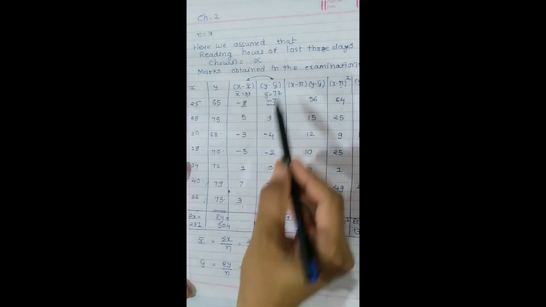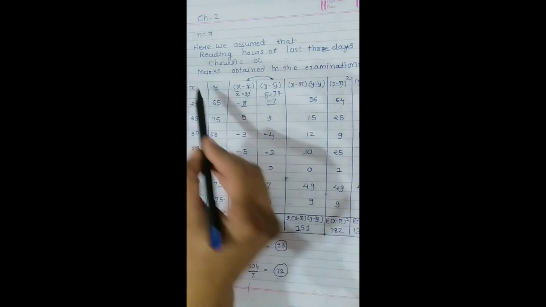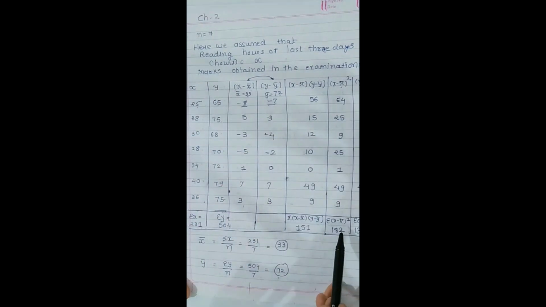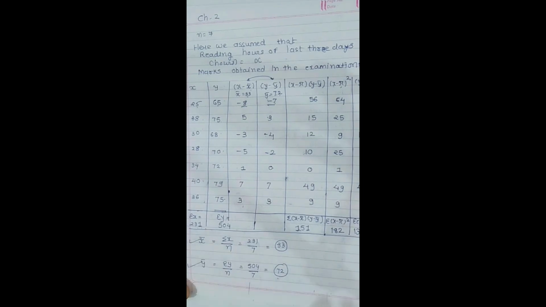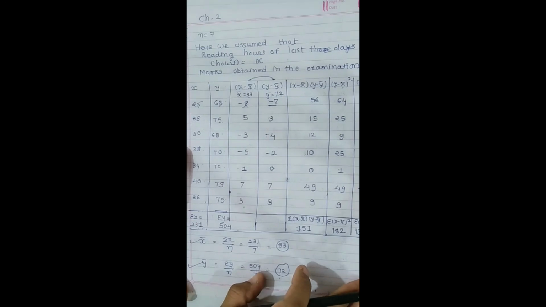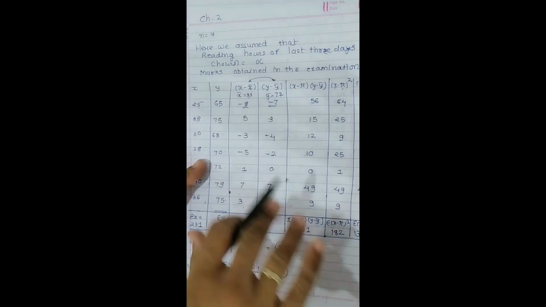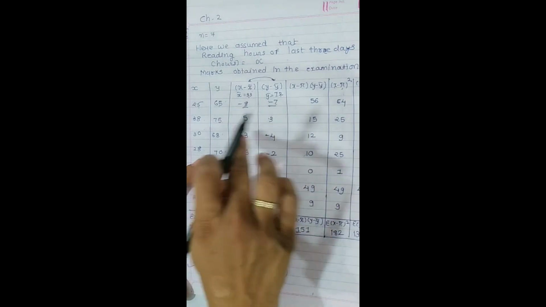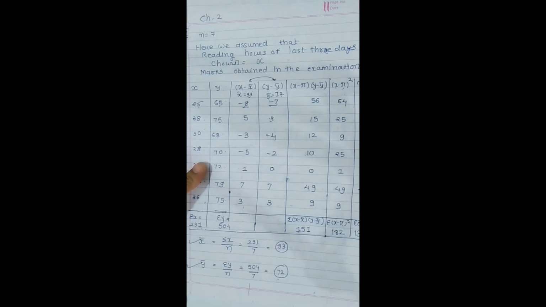Listen again. How can we know, in every sum we are getting x and y, which columns we need to make for the calculation of the correlation coefficient? After getting x bar and y bar, first we decide which formula we are going to take. And just don't memorize it by rote. You have to create the columns on your own like that. Once again I clarify.